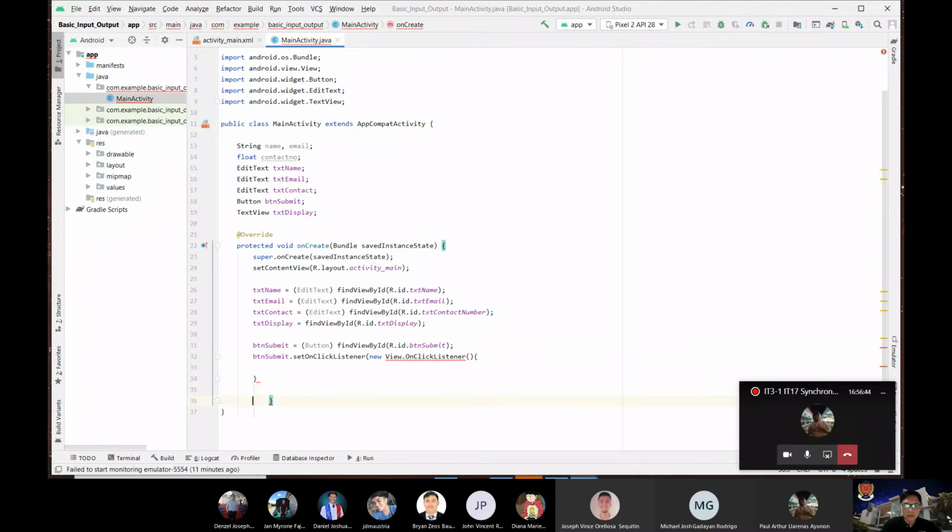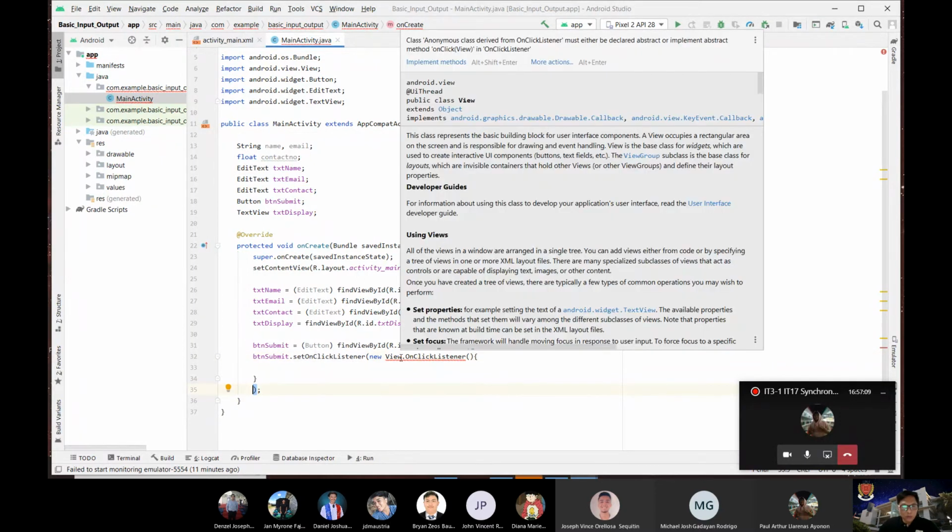Right? Lalagay. So, meron siyang parenthesis, closing parenthesis. Close parenthesis. And semicolon. Okay? Kasi ito yung begin niya, ito yung end. Okay? So, view that on click